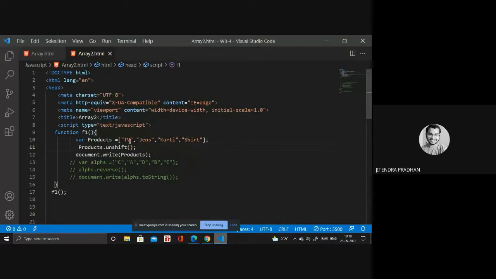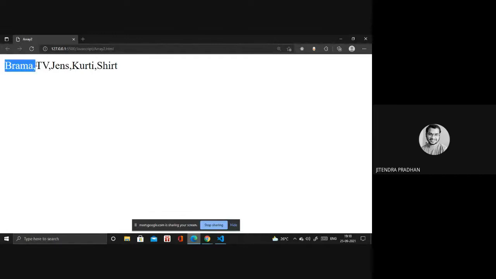Okay, so we have 4 items: TV, jeans, kurti, and shirt. I will use unshift. Unshift we are using for adding an element. We have to write something. Okay, I will add the name from up there, first one.